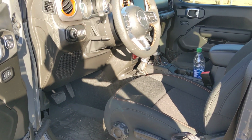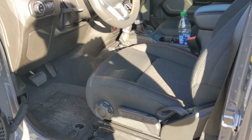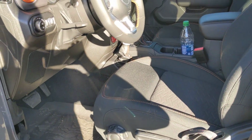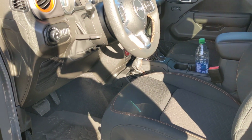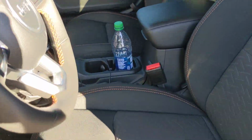I don't know. I understand the seats can stain more and stuff like that, but you sweat a little bit on the leather. It's got goods and bads, so it didn't make a difference to me one way or the other, to be honest. If it had leather, great, but